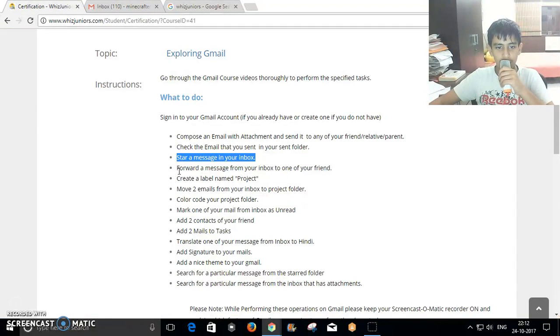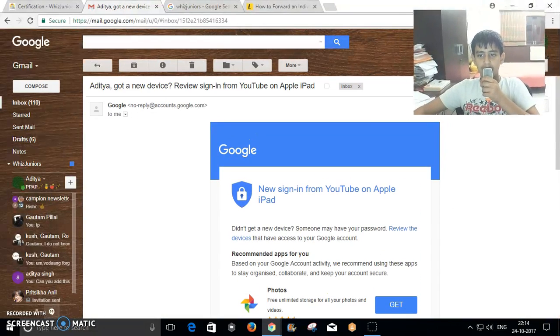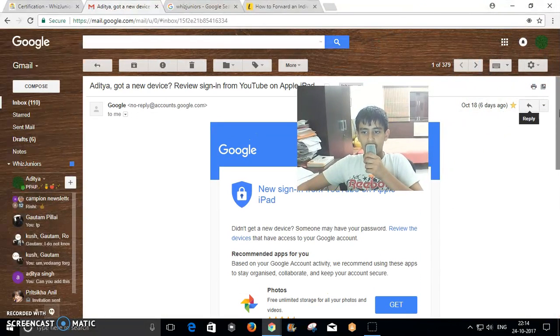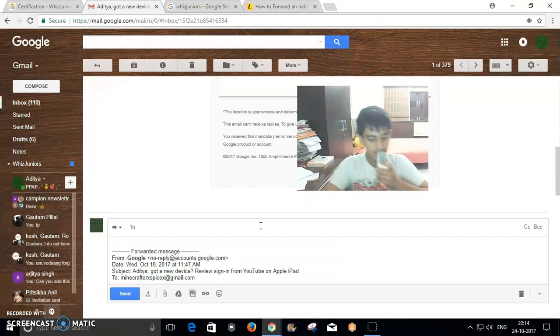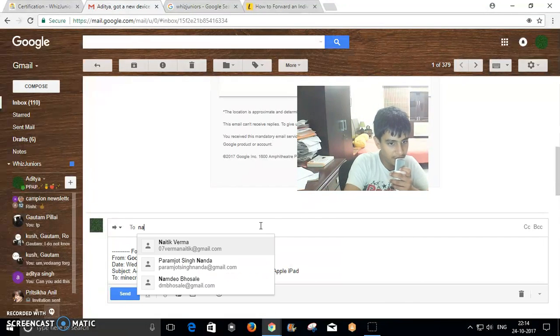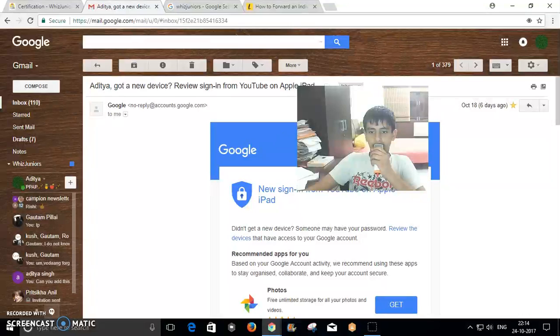So the next step is to forward a message from your inbox to one of your friends. The simple way to do that is by going into the message, and then as you can see, there's a reply button, but when you click more, a drop down comes in which you can select to forward the message. So I will forward this message to one of my friends,